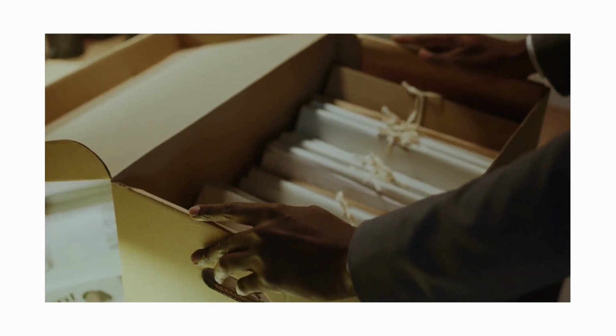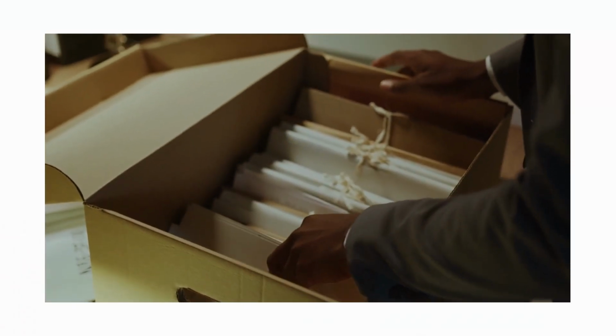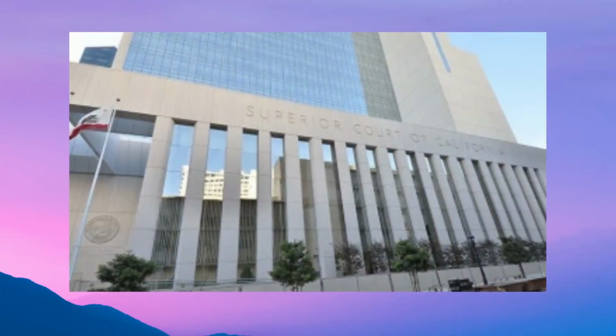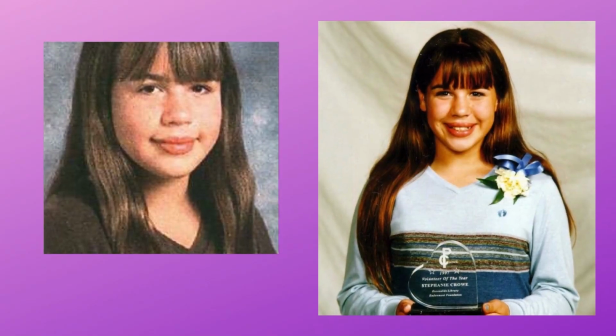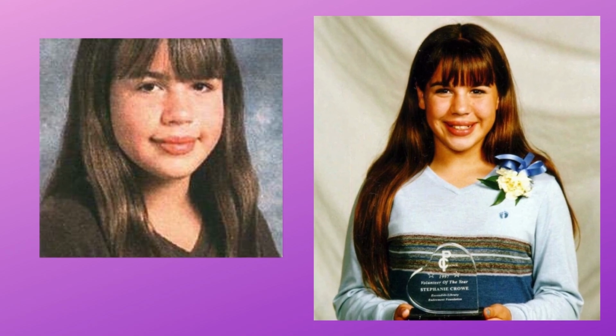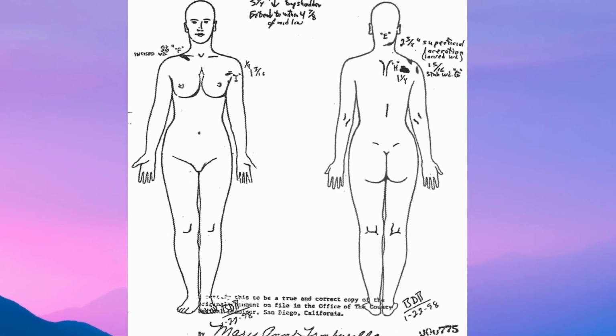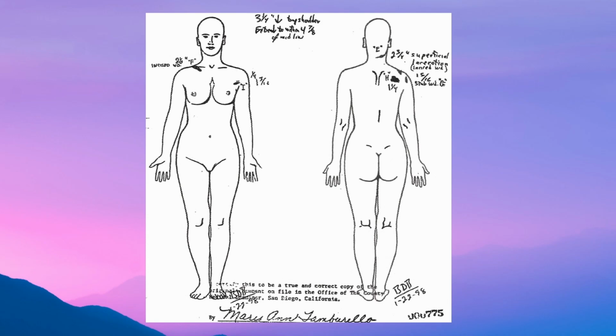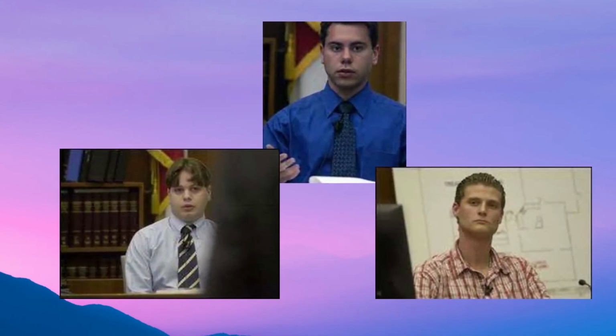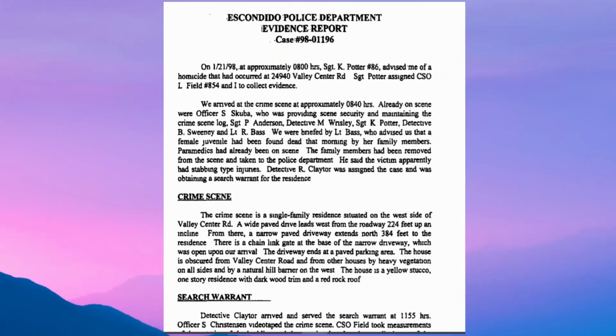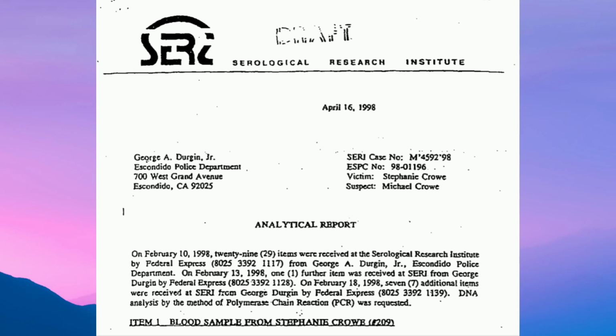Over the last 4 episodes, I have taken you inside the case files and the courtroom in the murder case of 12-year-old Stephanie Crowe. We have looked at the circumstances surrounding Stephanie's murder and the various characters entwined in the long search for answers and justice. Today I will critically evaluate the evidence collection and forensic procedures utilised in the case.